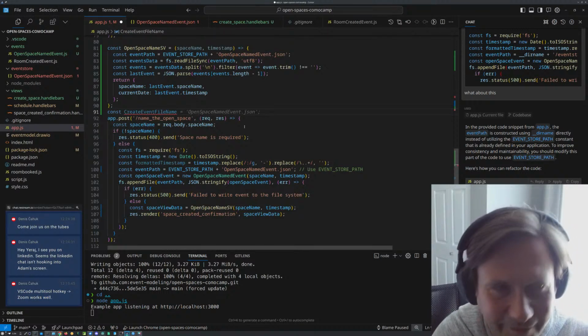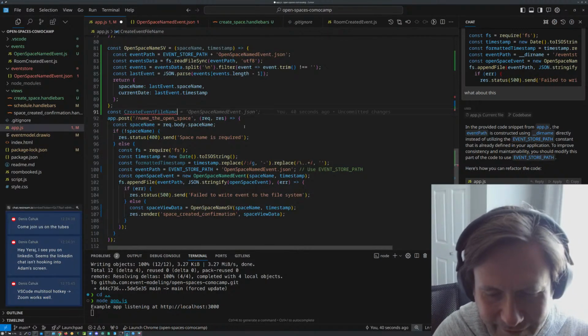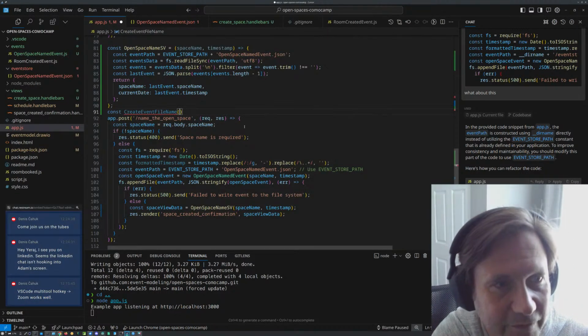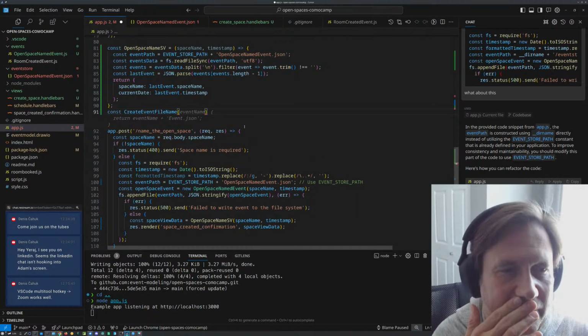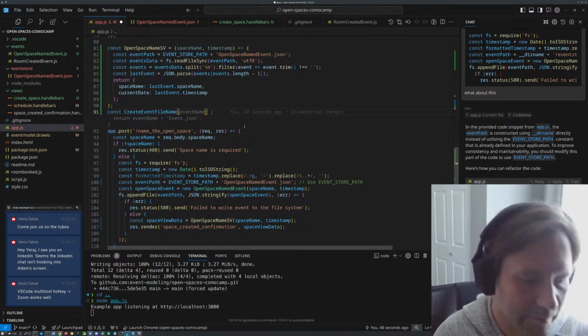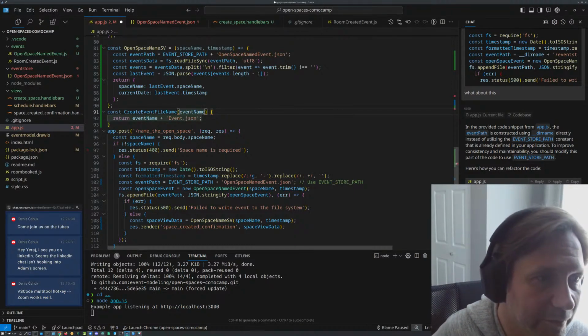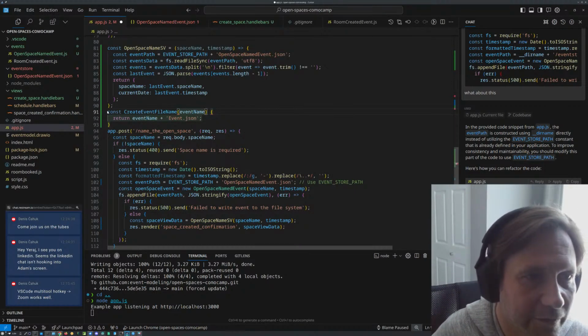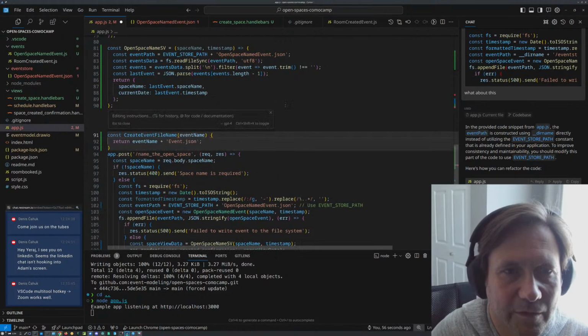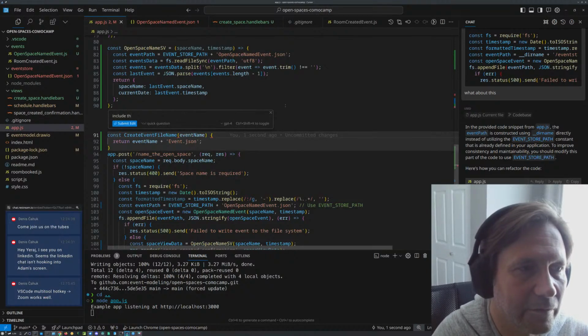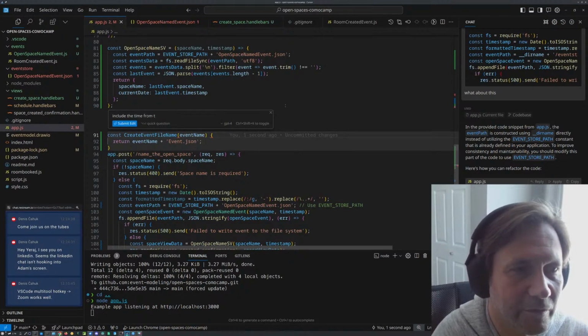No. And we want this to be a function. That. But we want to include the path. No, we want to include the time from the event. Include the time from the event in the name.